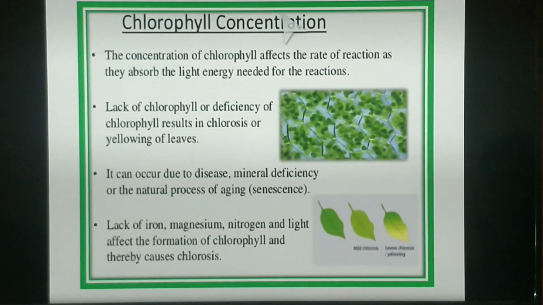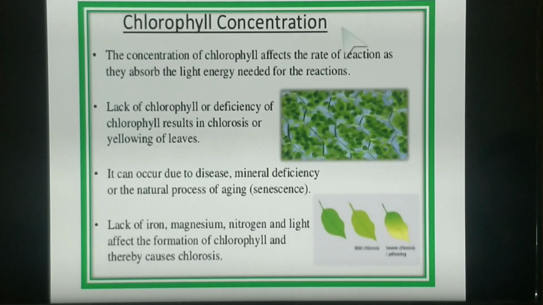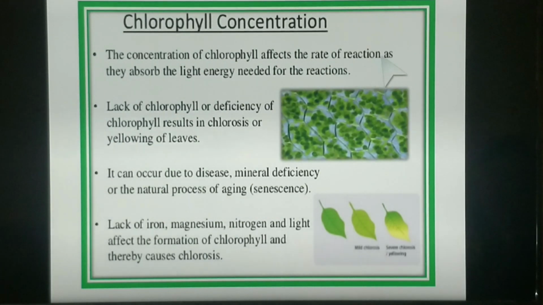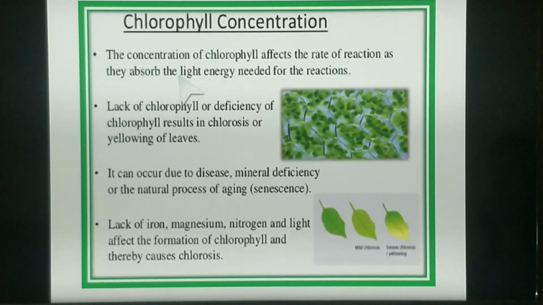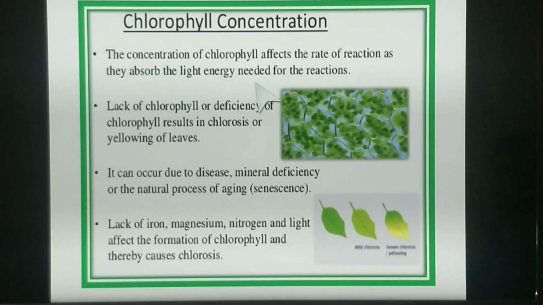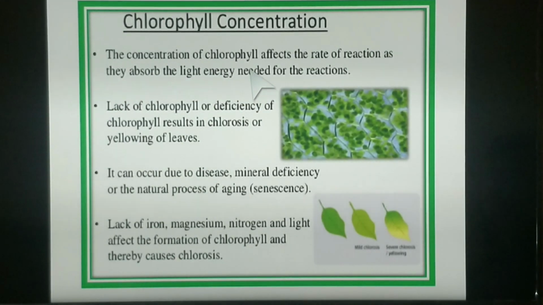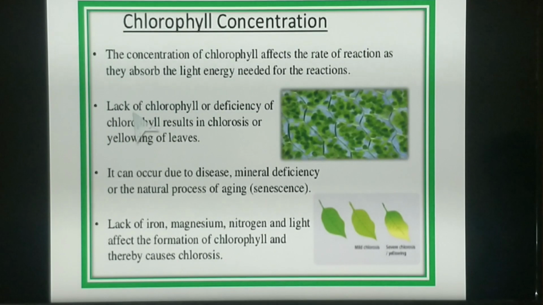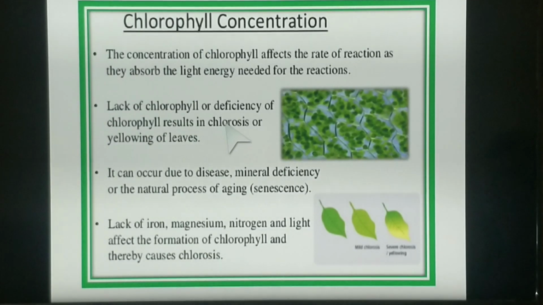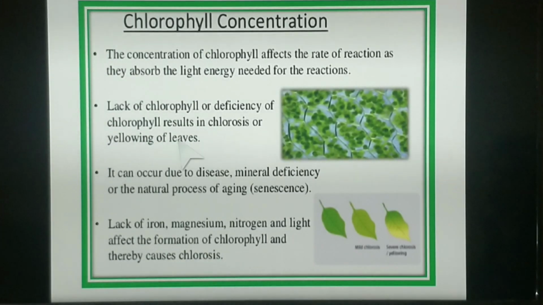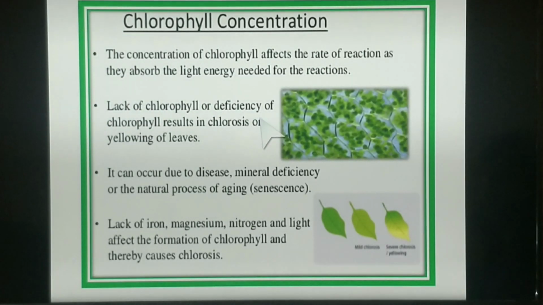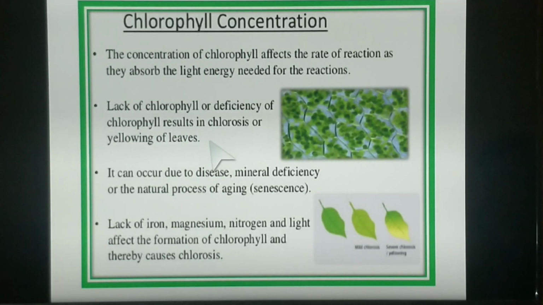Now we'll see how chlorophyll concentration affects photosynthesis. The concentration of chlorophyll affects the rate of reaction as they absorb the light energy needed for the reactions. We know that chlorophyll A and chlorophyll B absorb the light energy. Lack or deficiency of chlorophyll results in chlorosis, or yellowing of leaves. If there is no chlorophyll or less chlorophyll, then the leaves turn yellow, and this state is